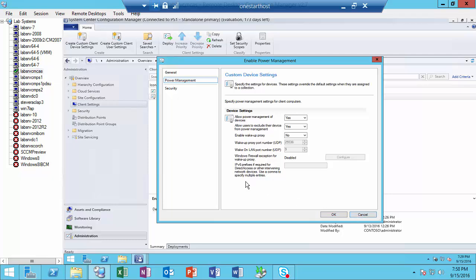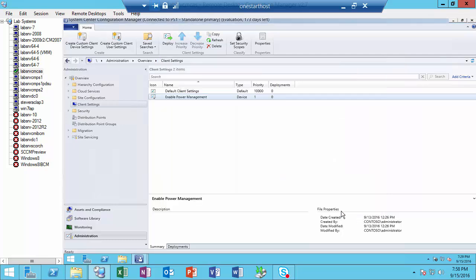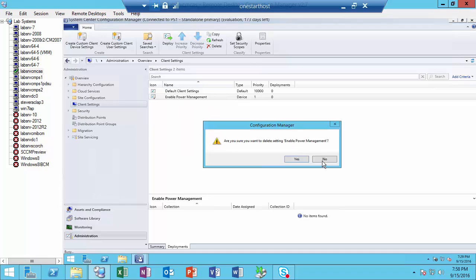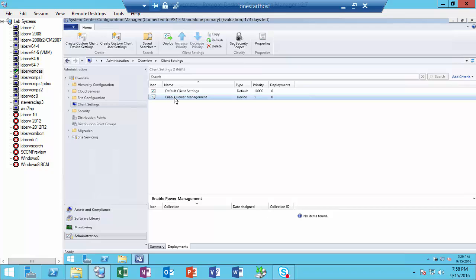settings. Once I have my custom client settings configured, like anything, I need to deploy it to make sure that it's actionable. So this one is deployed to nobody. That's interesting. So that's actually a mistake on my part. Mine is enabled because the default is enabled. So what I should have done is deployed this to my collection that